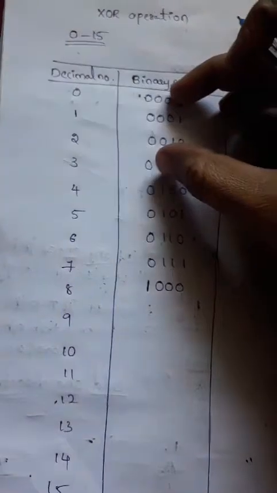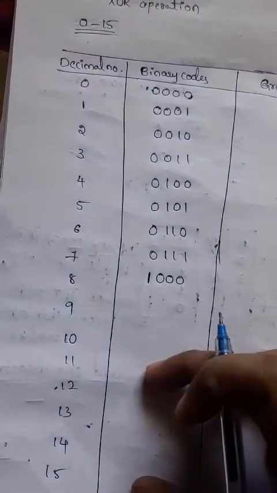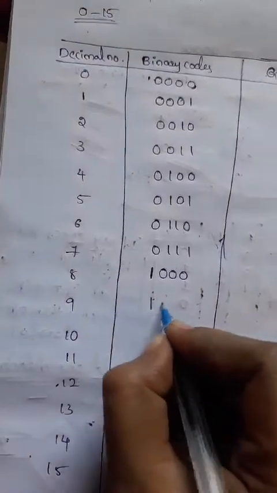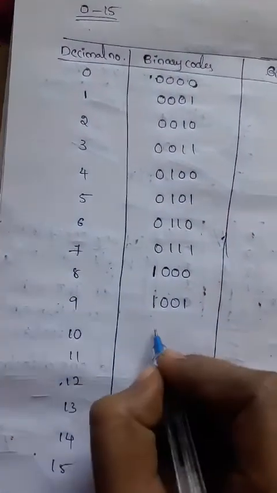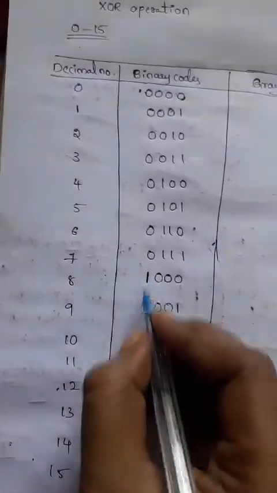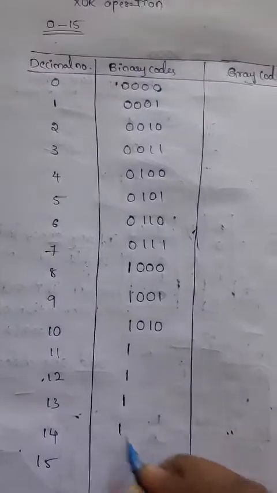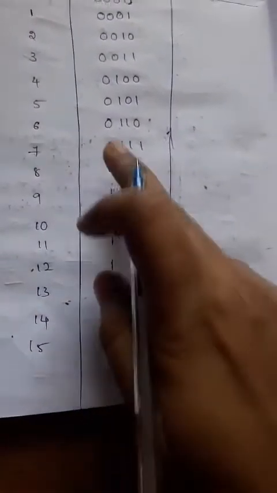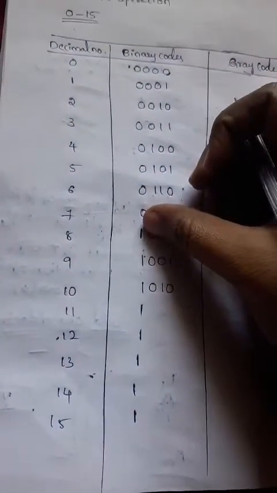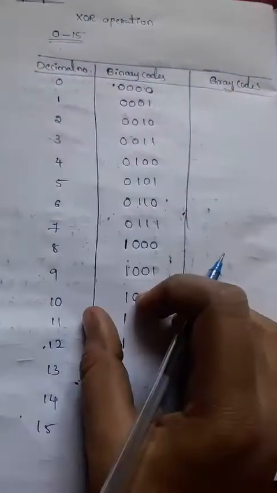That means whatever we are having from 0 to 7 codes will be represented in 8 to 15 codes. The second one is 1001, and then 1010. For 8 to 15 we need to choose the first MSB digit as 1. From 0 to 7 we can choose the first MSB digit as 0. Remember the point, this is the simple logic.